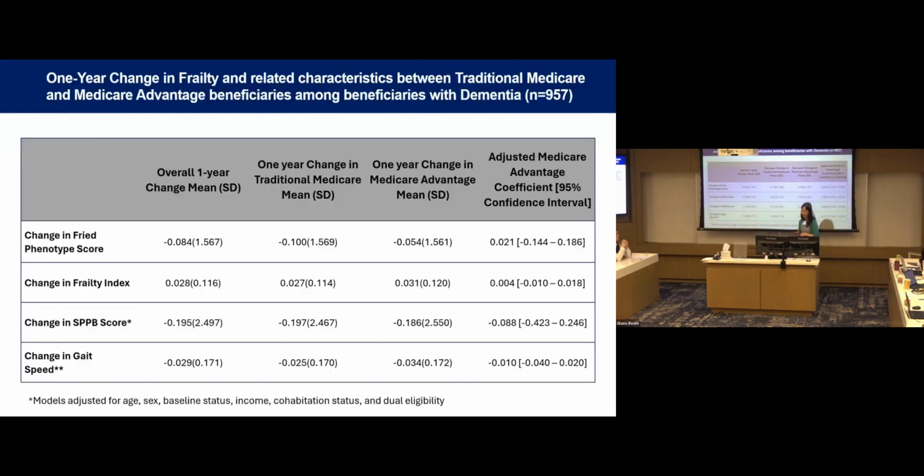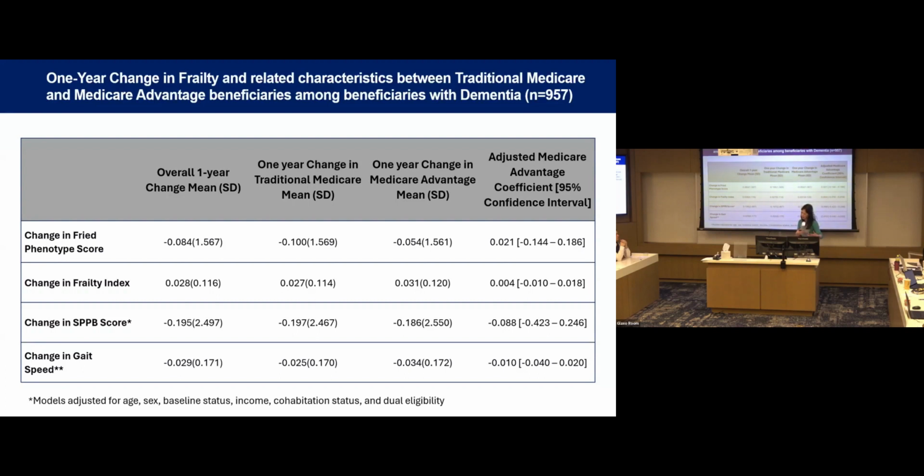So the last thing I'll mention with this specific NHATS data set exclusively is that we also wanted to look at whether baseline frailty may be different between the Medicare Advantage and traditional Medicare populations. Is there a difference in the change of frailty? Because one hypothesis would be, well, Medicare Advantage, I mentioned, covers vision benefits, dental benefits, and a lot of other potential health benefits. Is it possible that this is maybe delaying onset or progression of frailty in that population?